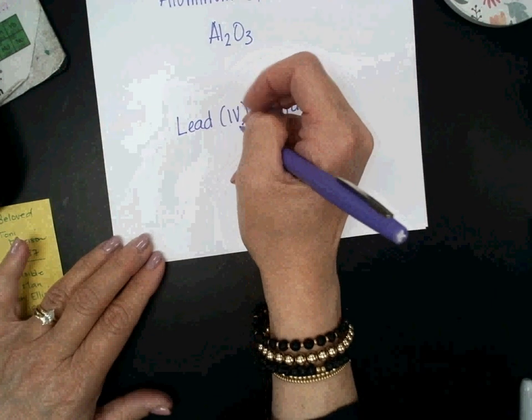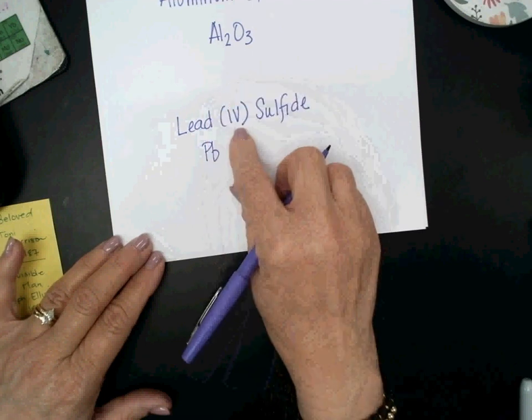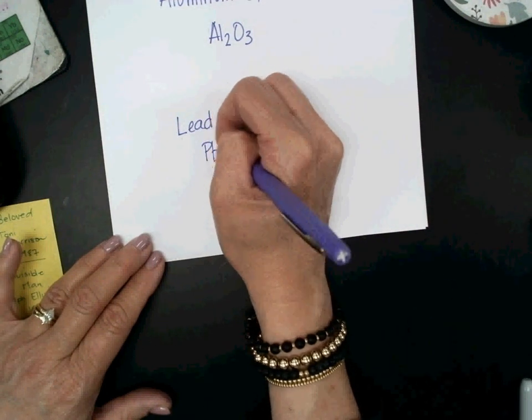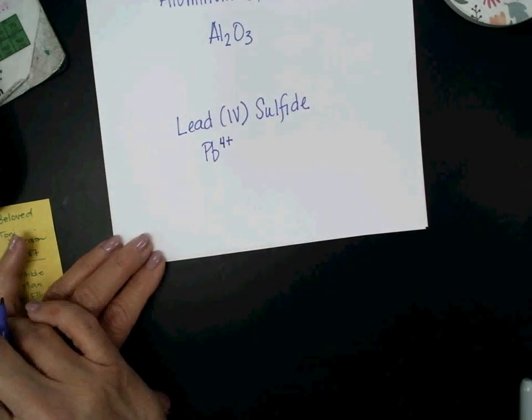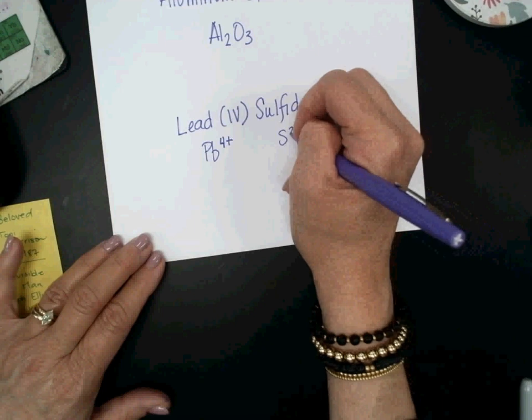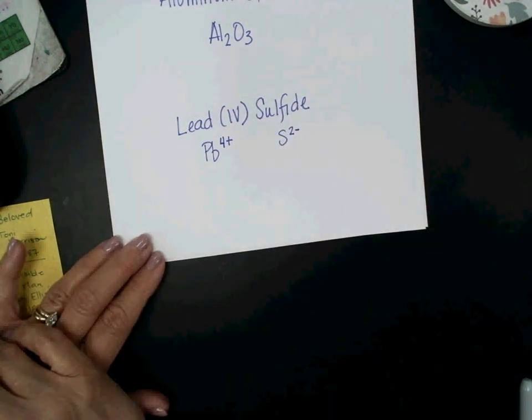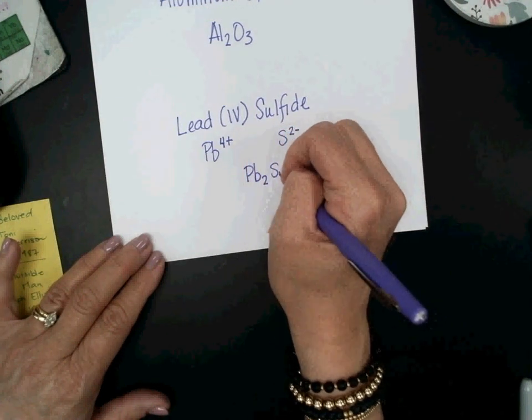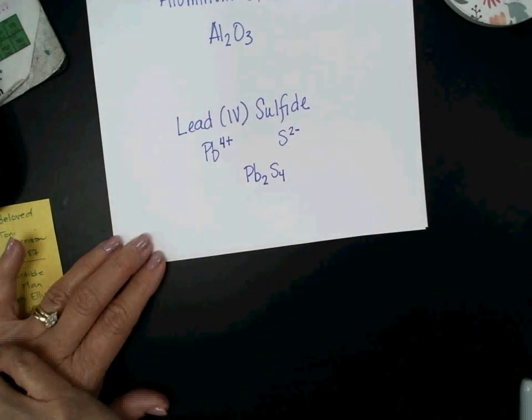Okay, so let's talk through this. This one you got to think a little bit more about. Pb, this Roman numeral is 4. It tells me it's first, so I know it's positive. So this is 4 plus. Then I can go to my periodic table, I can find sulfur, and I can figure out that it's S2 minus. Now, can I do the switcheroo here? Can I go Pb2S4? I can,